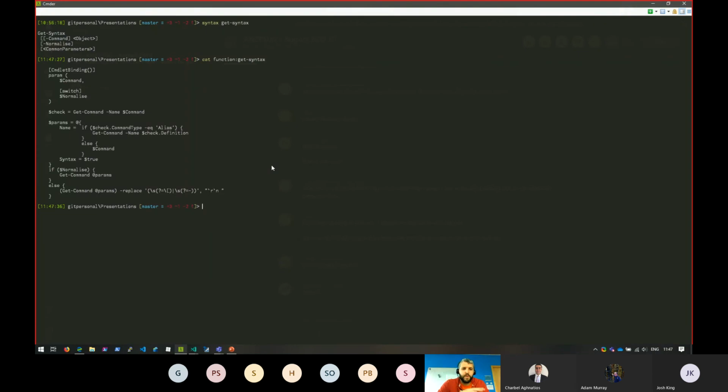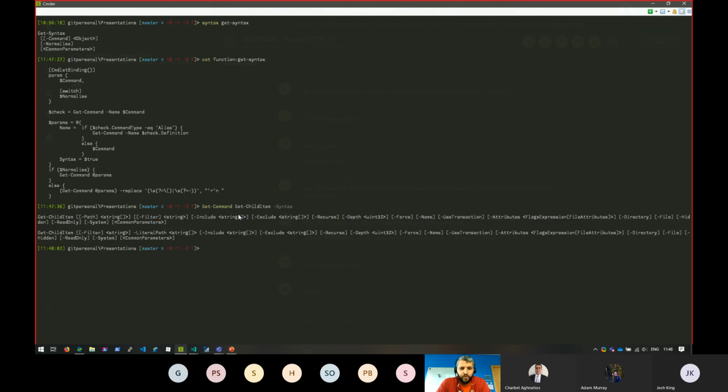It basically runs get command, but then uses regex, which you can see here, to parse what you would normally do: get command, get child item syntax, which prints it across the screen.